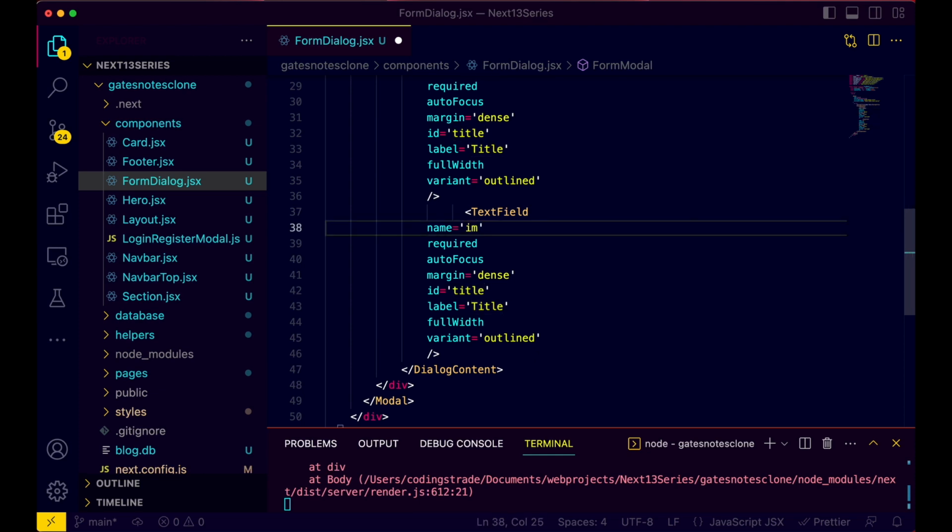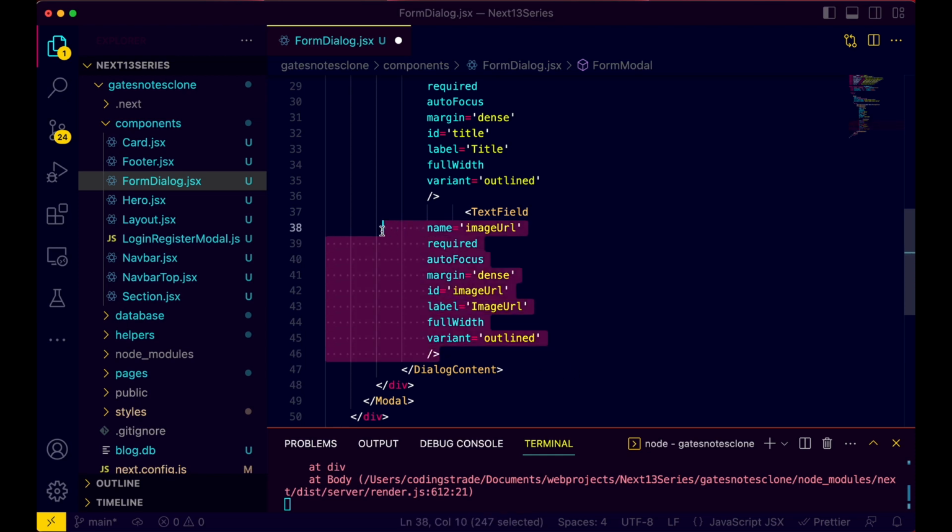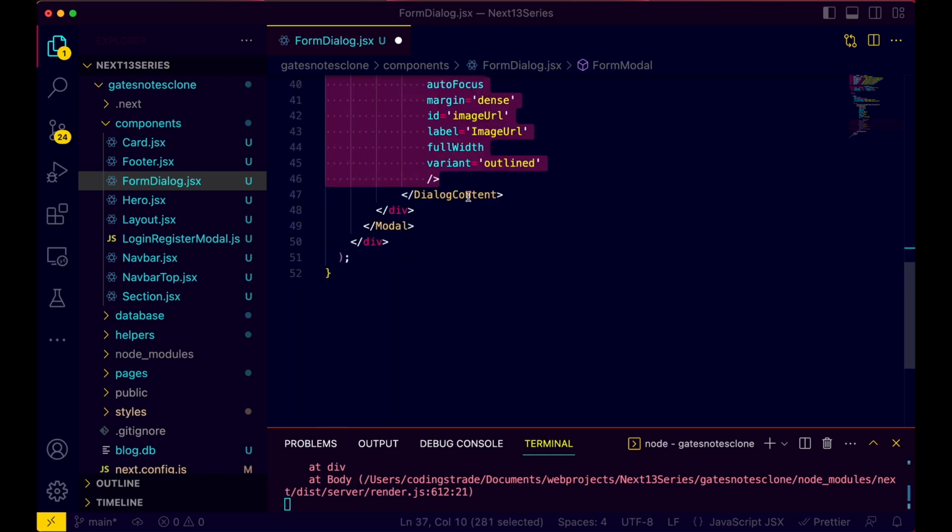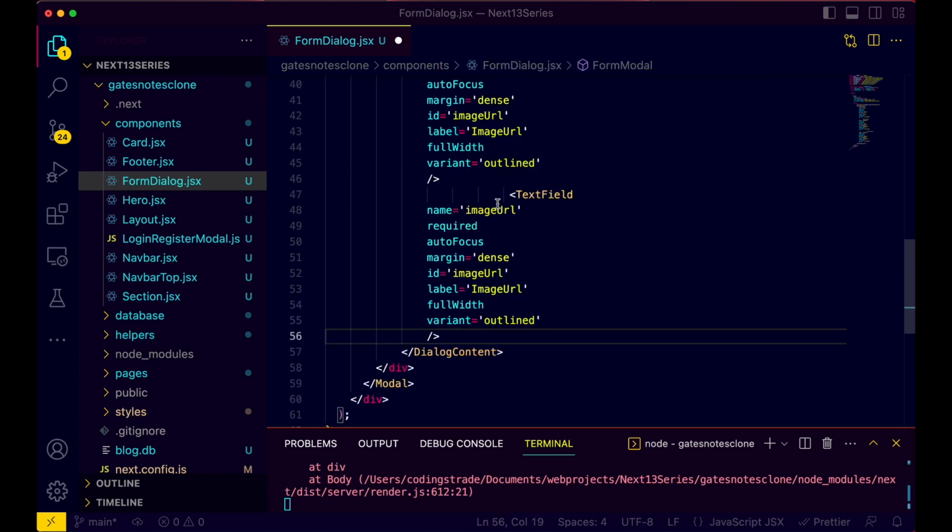I say first of all I need the image URL, so here it will be just image URL, the name, and we'll be using the same name for ID and also for the label, but this will be capital letter, and this should be the same thing. And again we need this for excerpt, so text field, image URL. Now here I'll say it's excerpt like that,